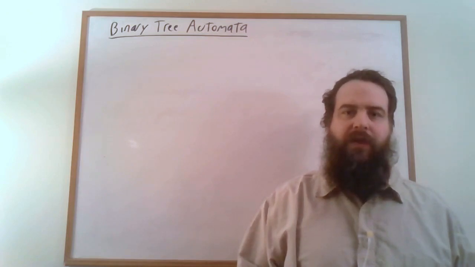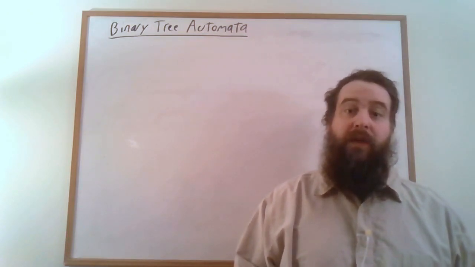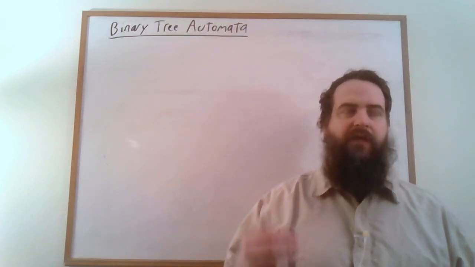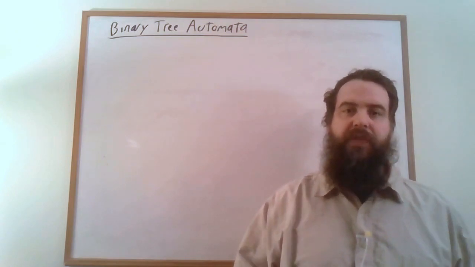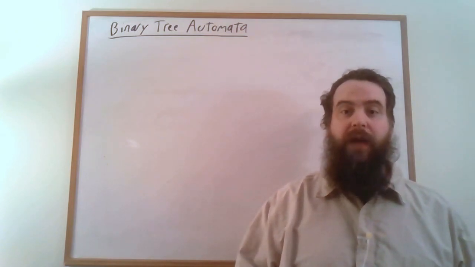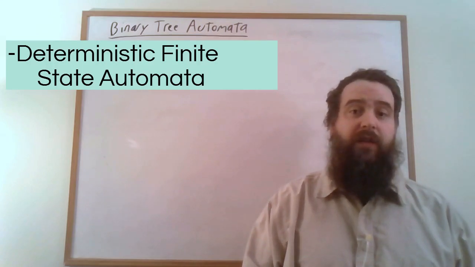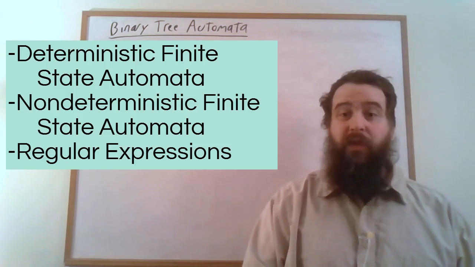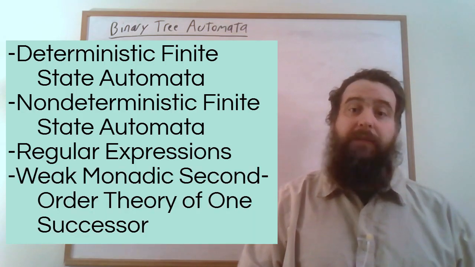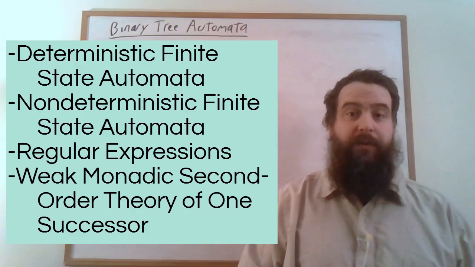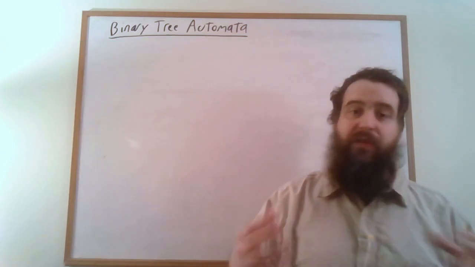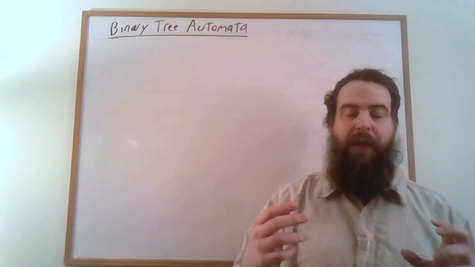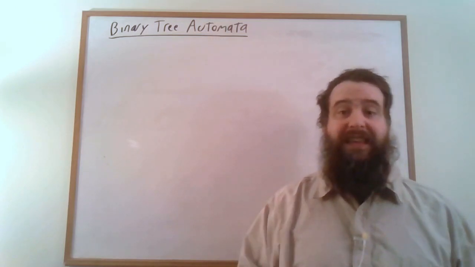My previous video series, Regular Languages and Model Theory, was in part a celebration of the wide variety of ways of categorizing the regular languages. The big ones being that we could describe regular languages in terms of deterministic finite state automata, non-deterministic finite state automata, regular expressions, and there was also a translation to the weak monadic second-order theory of one successor. And in mathematics, whenever you have lots of different perspectives on the same thing, you can, by switching back and forth between different perspectives, prove a whole bunch of things really easily.